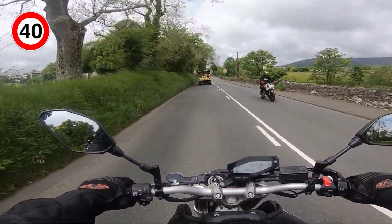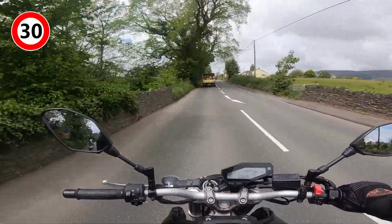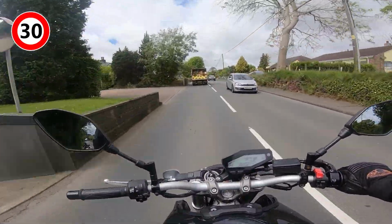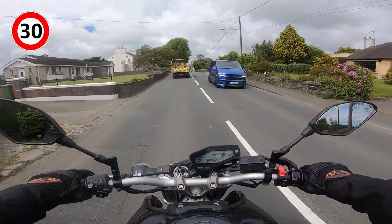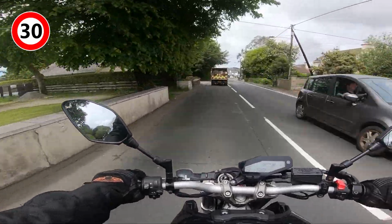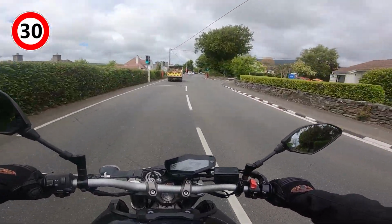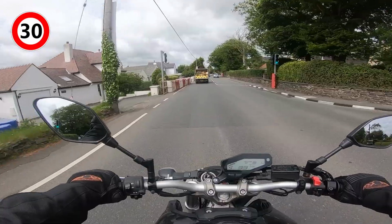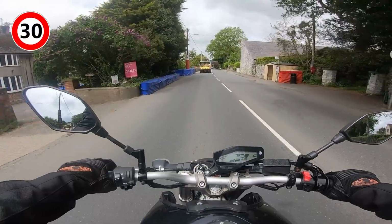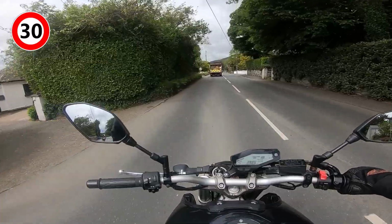Into Glen Vine to a 30. Again, Ballagarey, also known as Ballascary, how quickly they come flying through here. And you may also notice there are a few new patches of tarmac. Got rid of quite a few of the bumps, so there may be some new lines, some new records after everybody's got back into the swing of things, but